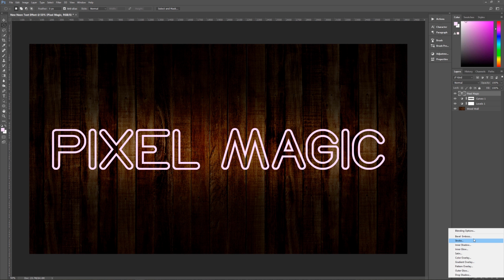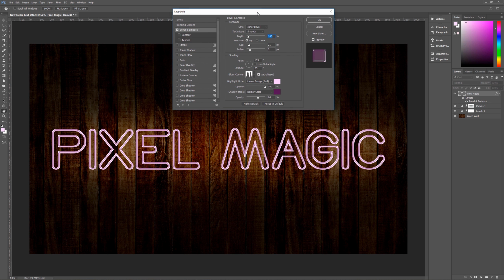Okay, going down to our layer styles, we're going to start with a bevel and emboss. And let me move this so that it's out of the way here, and you can see what we're doing. Now, bevel and emboss, we want inner bevel. We want the technique to be smooth. Our depth is going to be 100. Direction is up. Size is 21. Soften is 3. Shading is going to be,